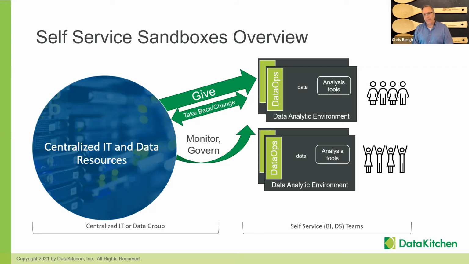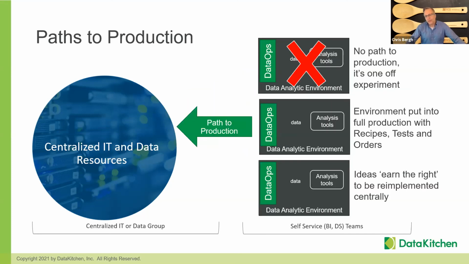But the other part that goes with it is, these people who are doing work in the field, they've got good ideas and they want to continue to innovate and continue to find new ideas. They tend to be less interested in day-to-day, day in and day out production. And so what is the path to production for your self-service users? How do you get that done so that it can be run with less errors and in a high quality way? And so the first is at the top, just there is no path to production.